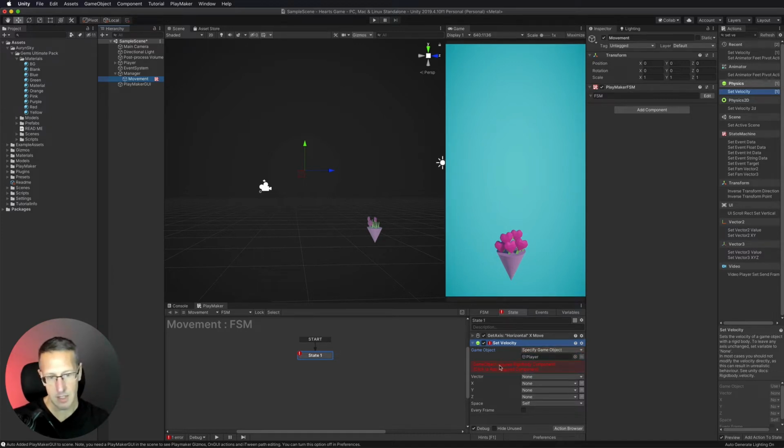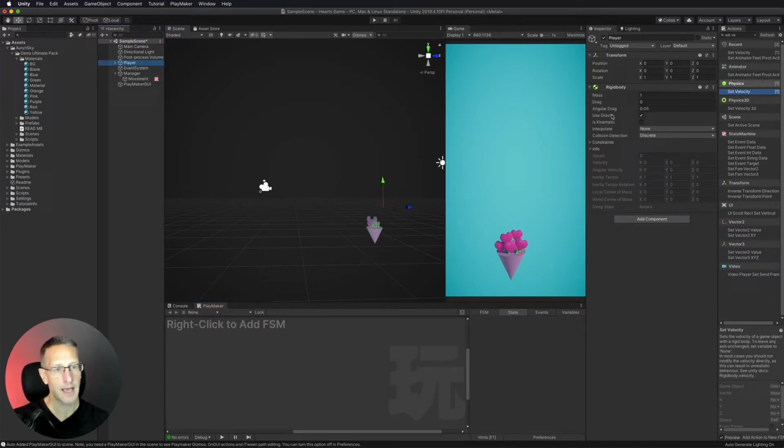And then it's saying, hey, you need a rigid body. So we'll go ahead and add a rigid body. If we add a rigid body, it's also going to add gravity. Okay, so we've got a rigid body added. We also need to uncheck gravity. And then I also need to add a box collider to this. So to my player, again, we're in our player here, I'm going to add a box collider.